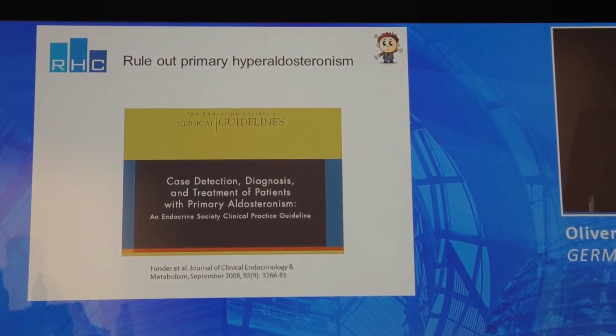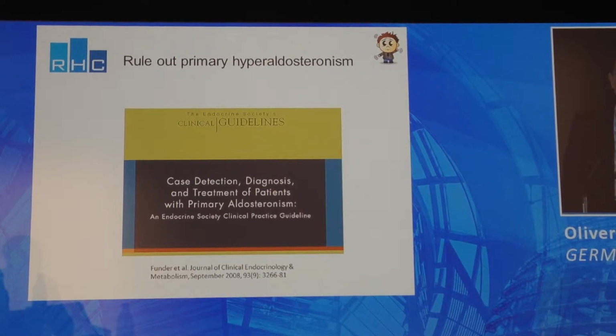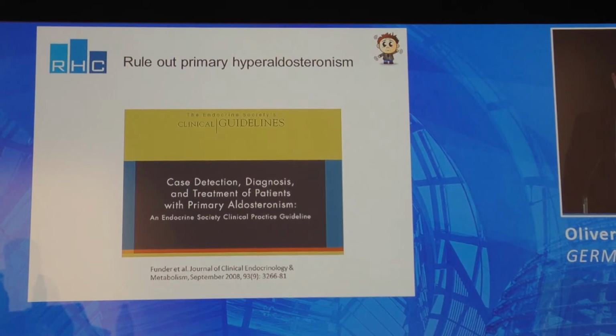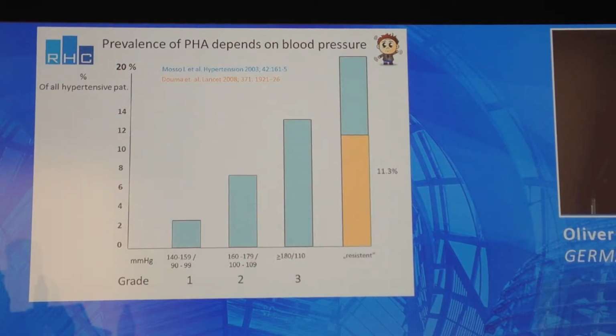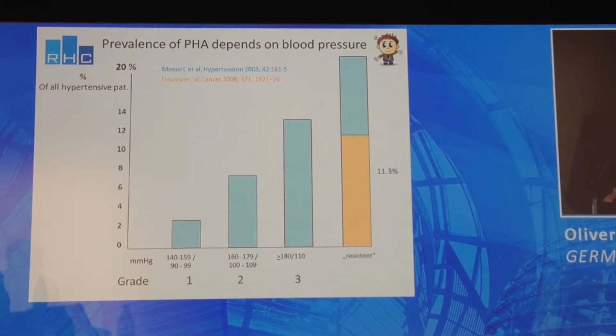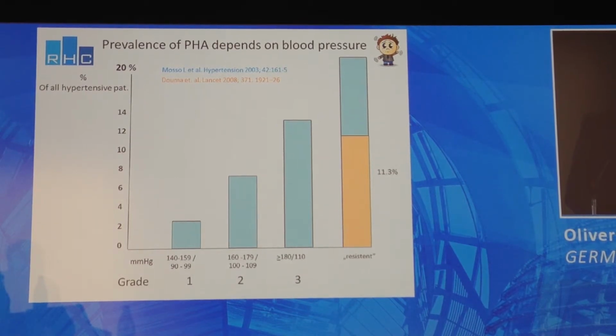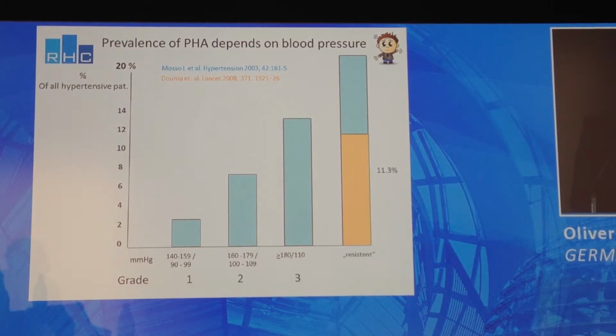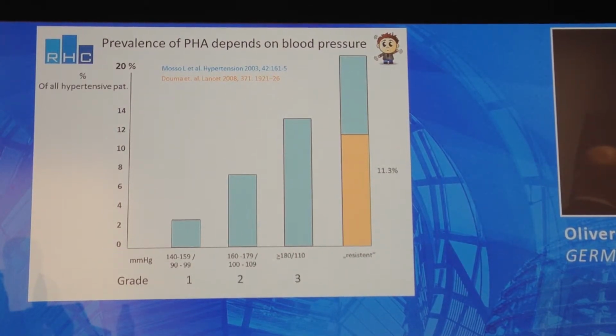There are some guidelines. They are not brand new, but they are still the actual guidelines from 2008, can be downloaded free on the internet from Professor Funder. The prevalence in general hypertension patients is very low, but if you go for resistant hypertension, then it goes up higher than 10%, as you heard by Mark Safova. So if you have a patient that is either young or has severe hypertension, then you really should look for primary